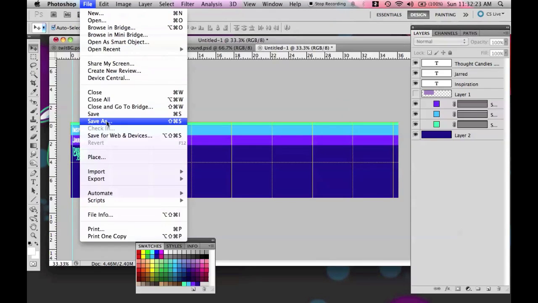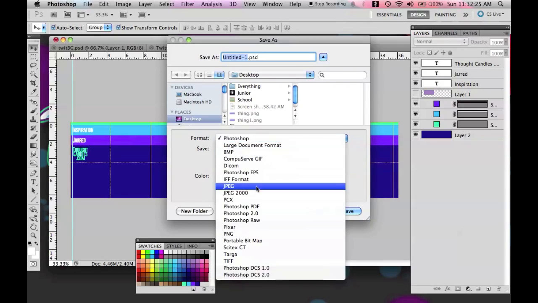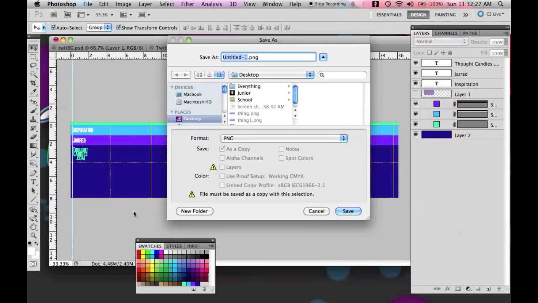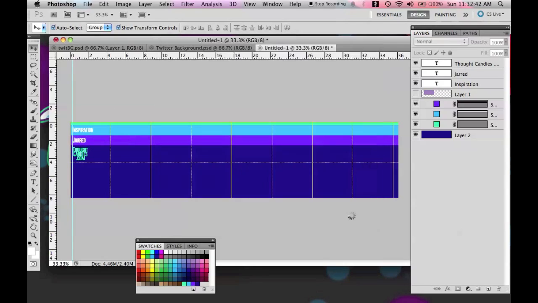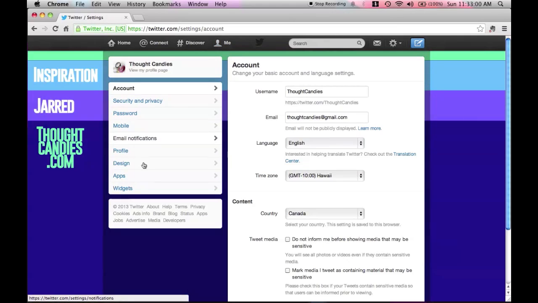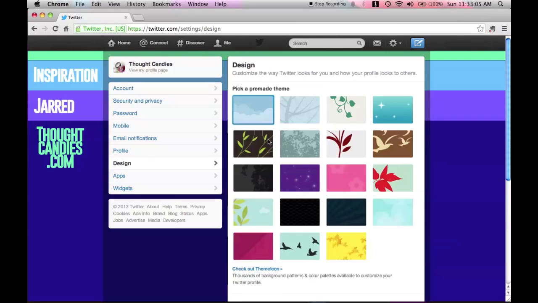So we're going to save it. I'm going to use a PNG because we've got big areas of single color. Use a JPEG if you've got gradients, but PNGs look nicer when they're compressed if you've got big areas of single color. JPEGs get all artifacty and weird. And then once it loads here,